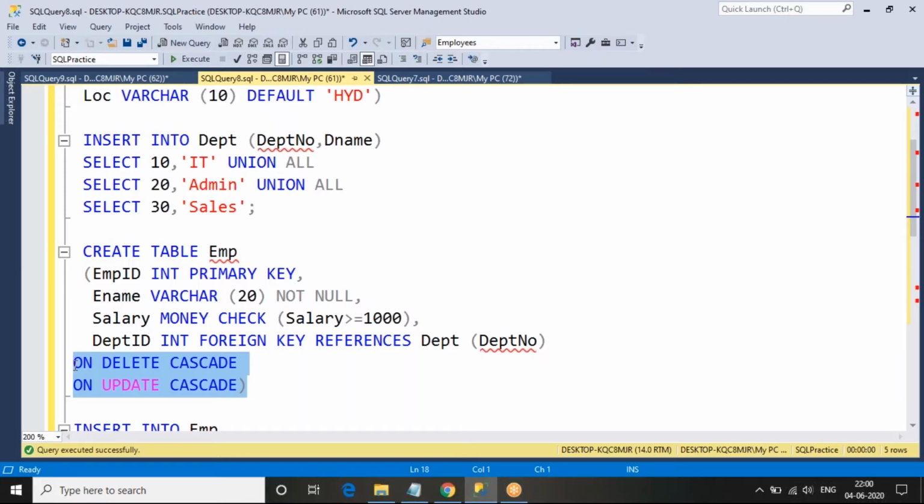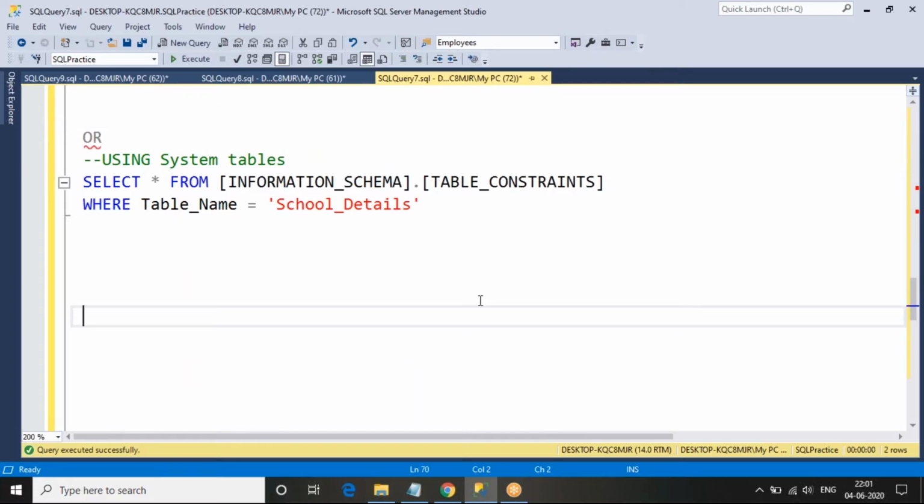Like if you have created a relation between the school and student details, and in the school I want to change school number 103, then the student details to which that school was assigned will also be updated. You can create on delete cascade and on update cascade when we create a table. Now you can observe the example.